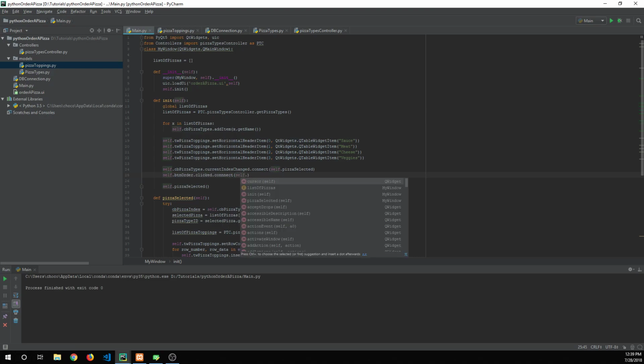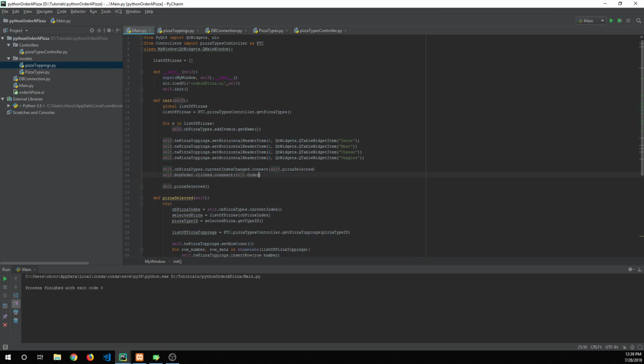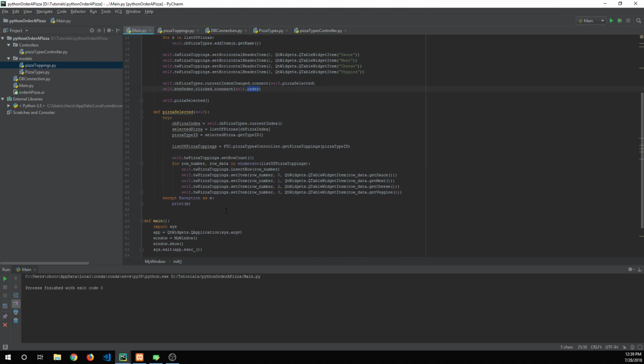So we'll call it order. We'll just call it order. So essentially, that's all we really have to do. So it's in our init method. So this is sort of like an event. It's listening for when the button order is clicked, and when it is clicked, we're going to connect it to this method called order. So what we can do then is scroll down here,